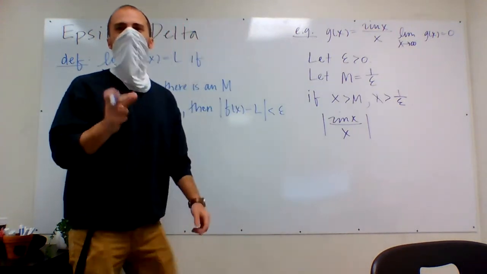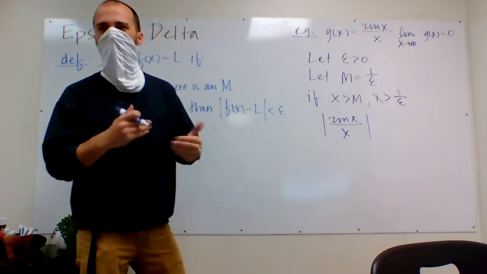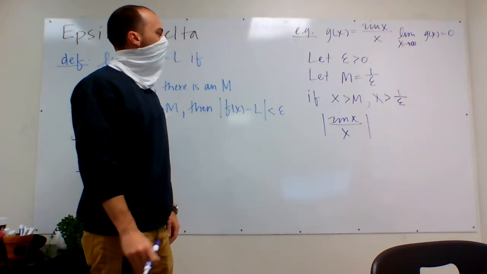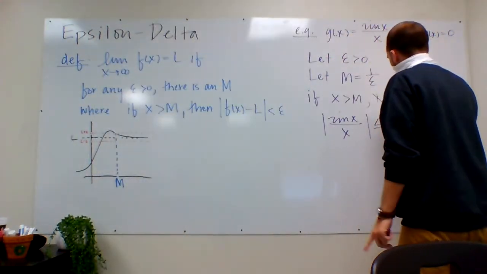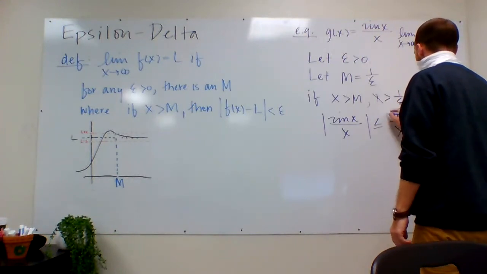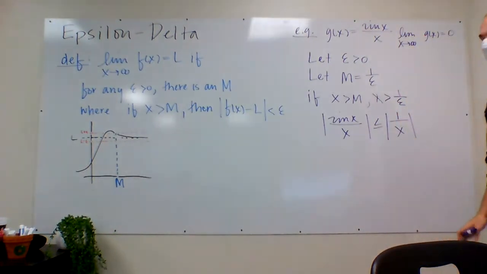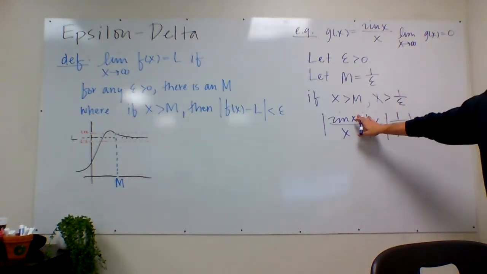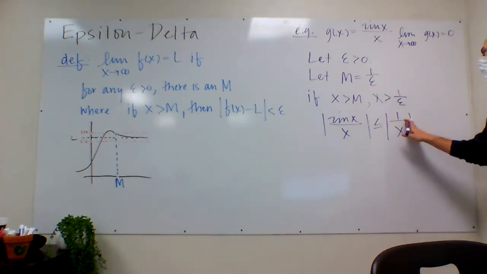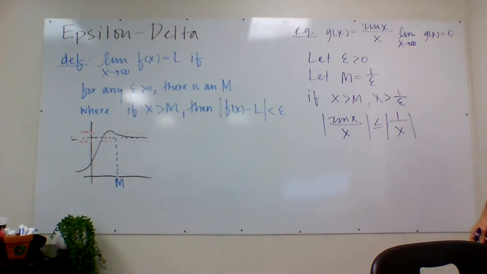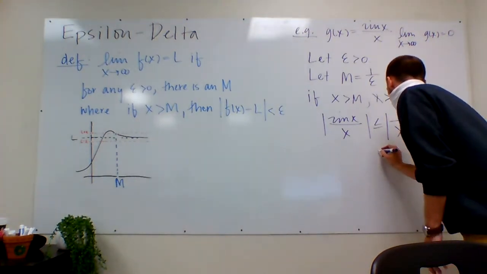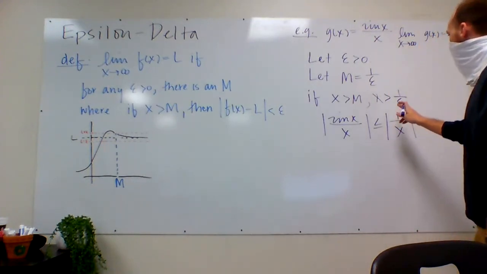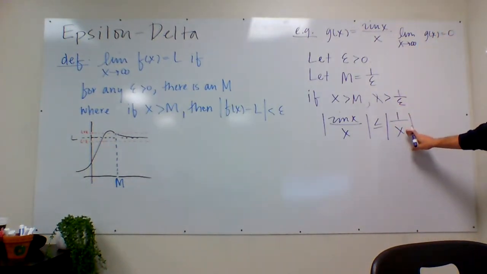I need to think about how the inequalities work when you divide by a smaller number. Well, I know for sure that this is less than or equal to 1 over x, because sine of x is no more than positive 1. And then I can also say that since x is greater than 1 over epsilon,